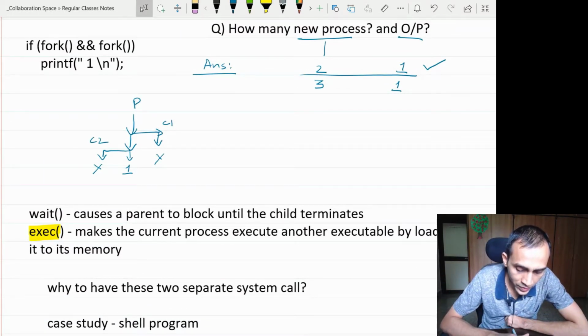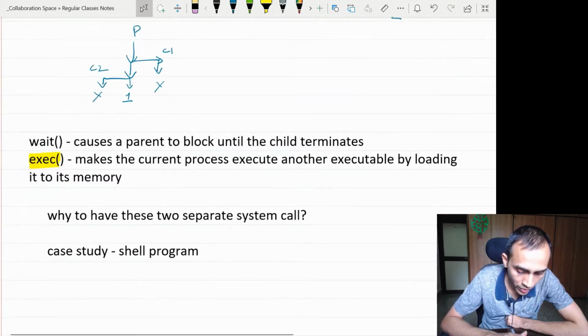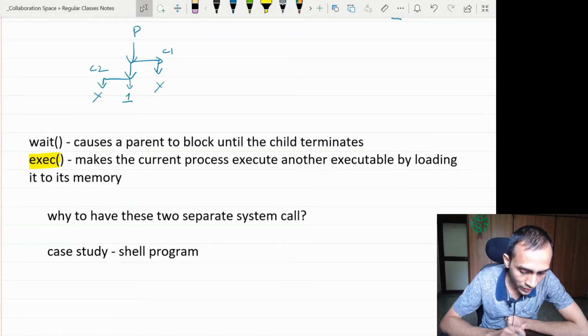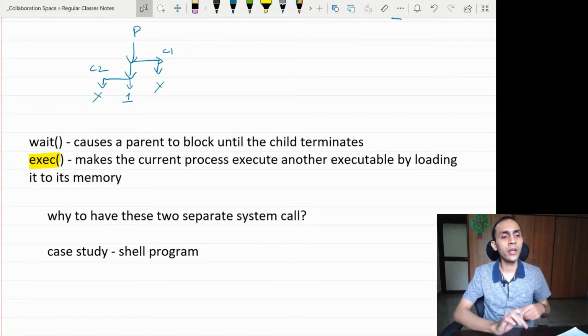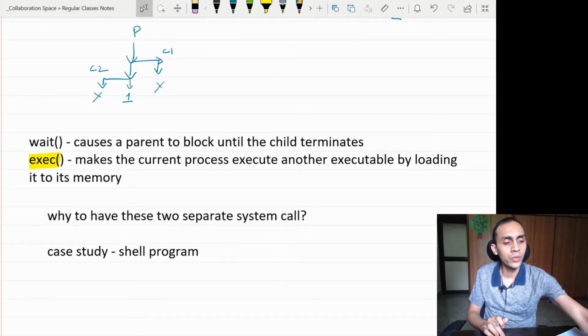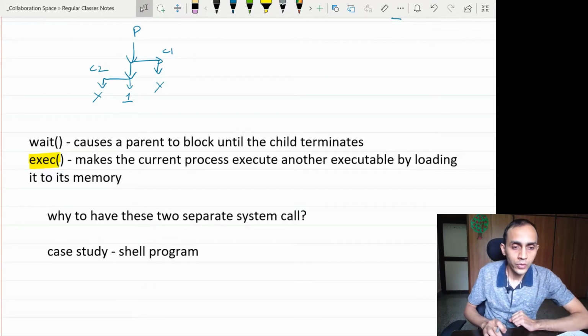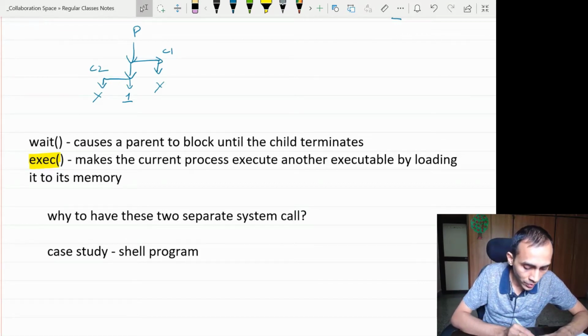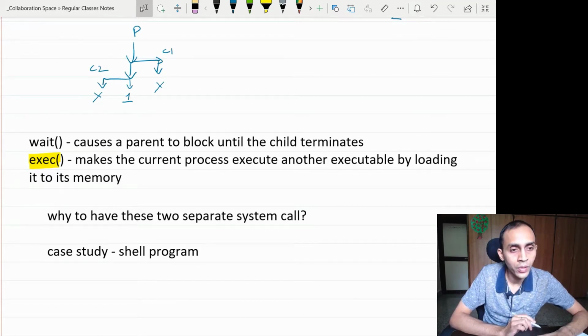As we said, we discussed certain examples of fork, but here we did not try to do anything useful. To do anything useful, whenever we want to create a new process, we would like to execute some program in it. So this system call is made available so that we can load any other executable program into the child process memory image and let it run in the child process.